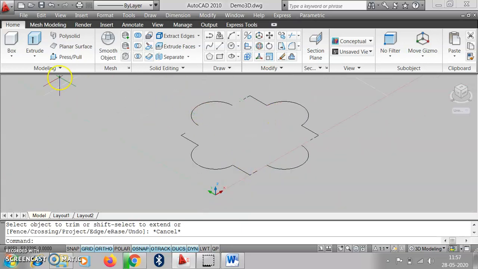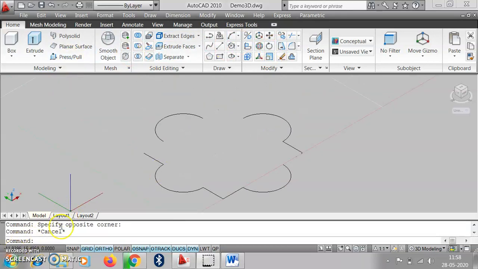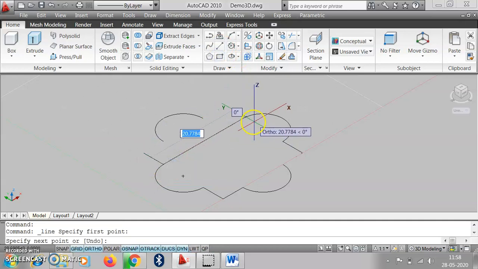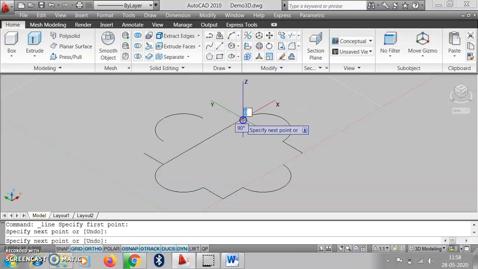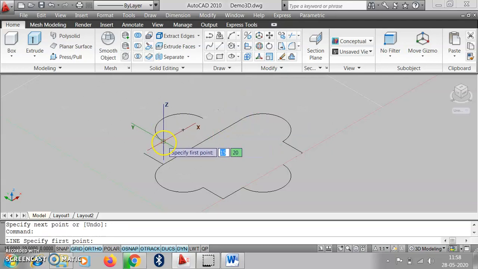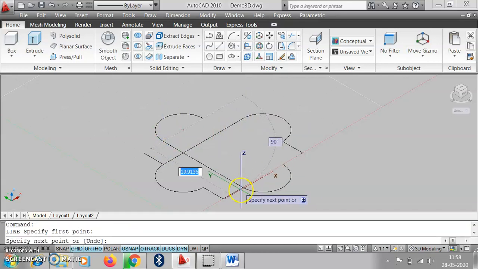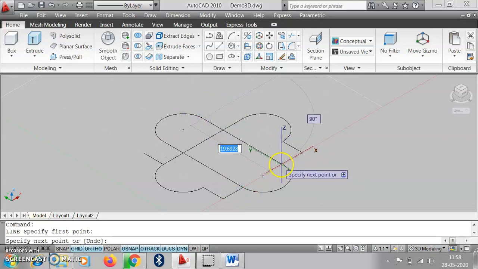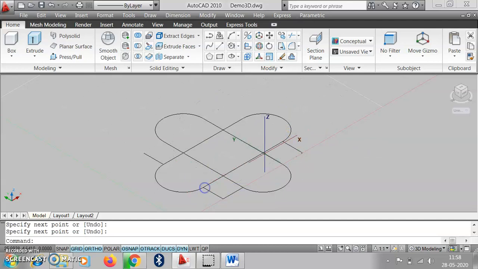Then suppose we draw lines here, from this point to this point, enter, this point to this point, enter, this point to this point, enter, this point to this point, enter.